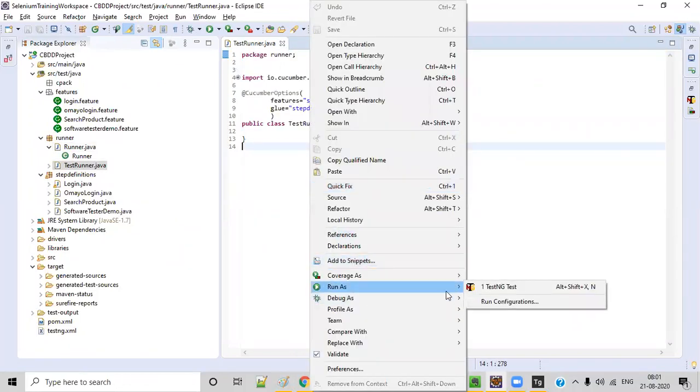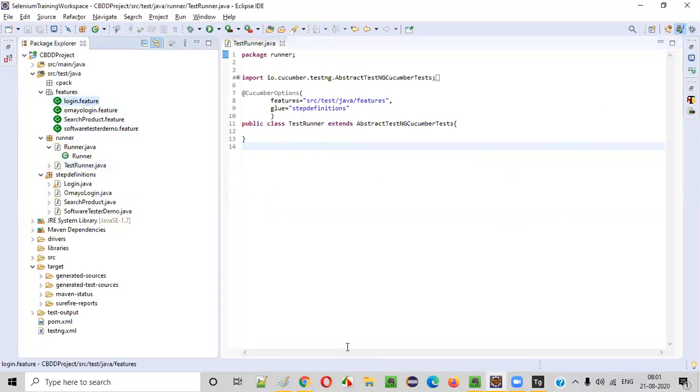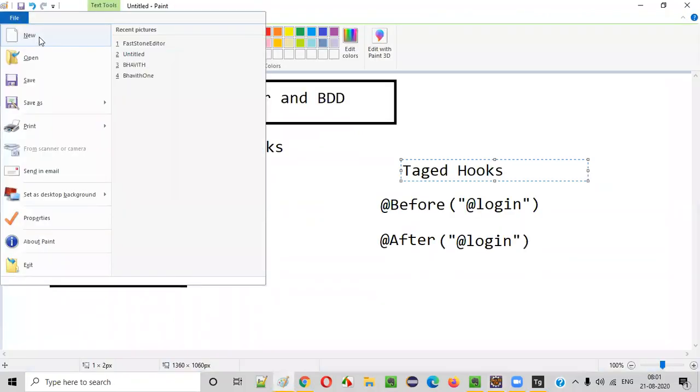If I right click run as testng, what will happen, guys? Will all the feature files be run or not? You are getting the point or not, guys? You are not getting the point. You are getting confused. Okay. So it should not be like that. So here